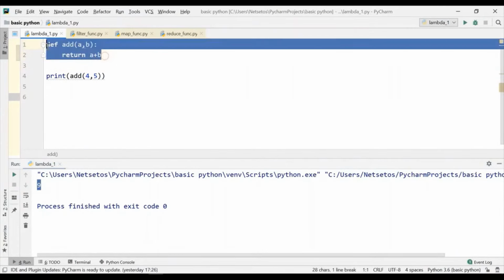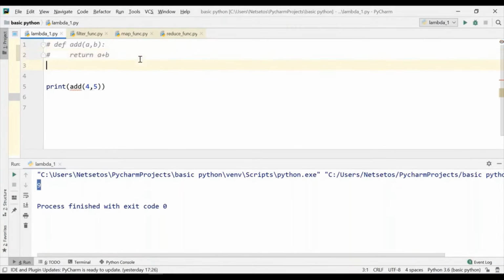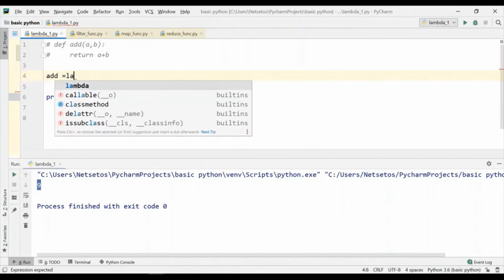So instead of defining this function, I have to use a lambda function over here. I'll start with add, as I have defined the function name add. With a lambda expression, I'll say add is equal to, which is our function name, then lambda.